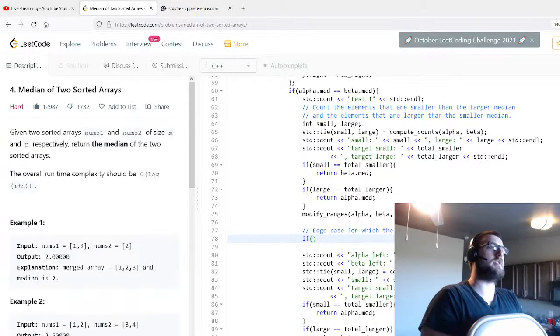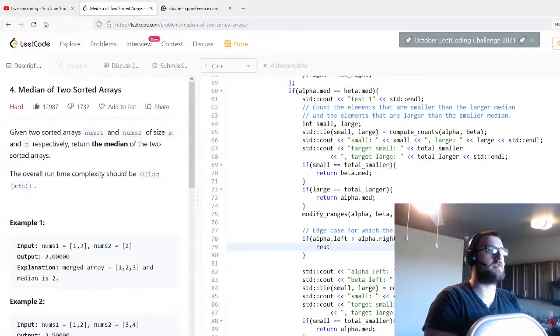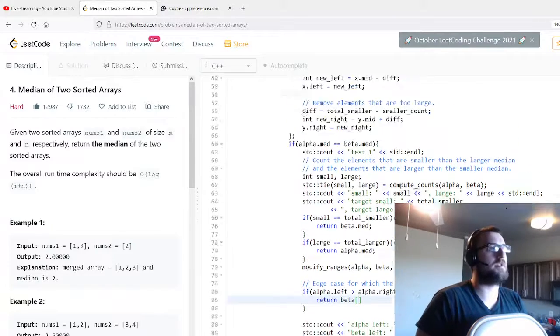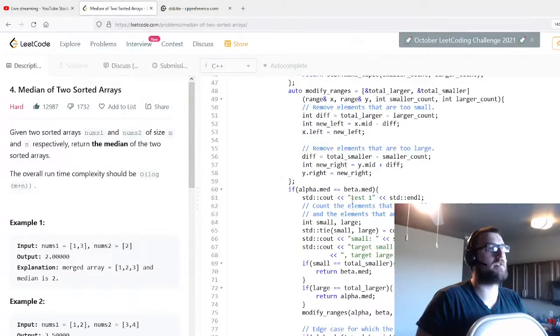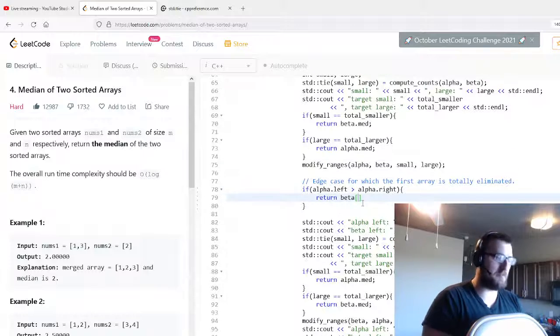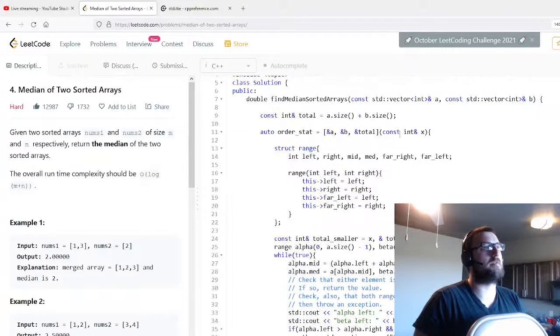If alpha left is greater than alpha right, then we're going to return the median, which is going to be beta of alpha and beta. Beta represents B, so we can return B of